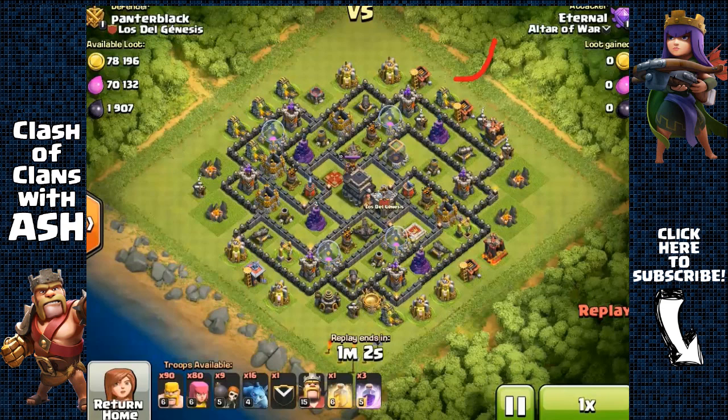a funnel. Otherwise, our Barbarians and Archers will go towards this direction and that direction because of all of these outside buildings. So in order to prevent that, we're going to have to break these two buildings right here on this side and these two buildings on this side. That way, our Barbarians, after we send them out on these buildings, do not go towards that direction and